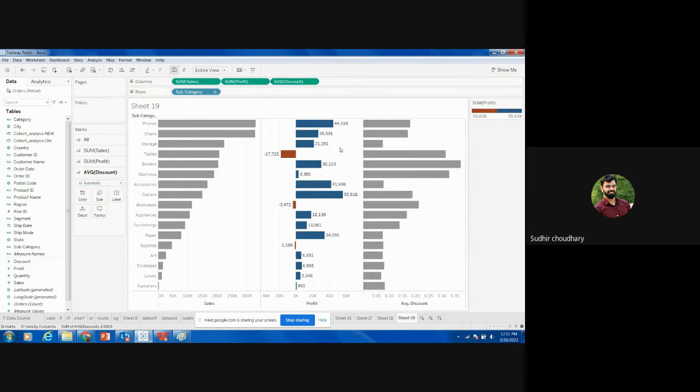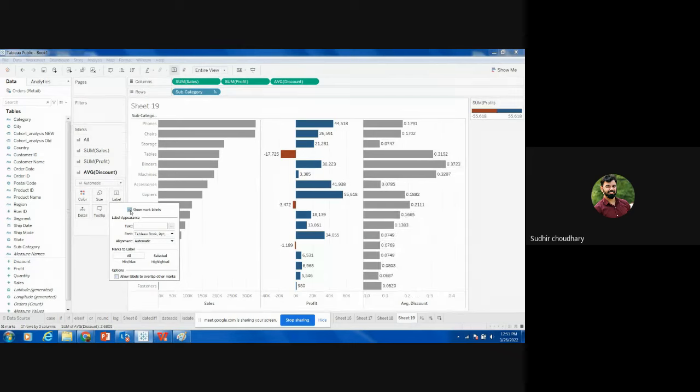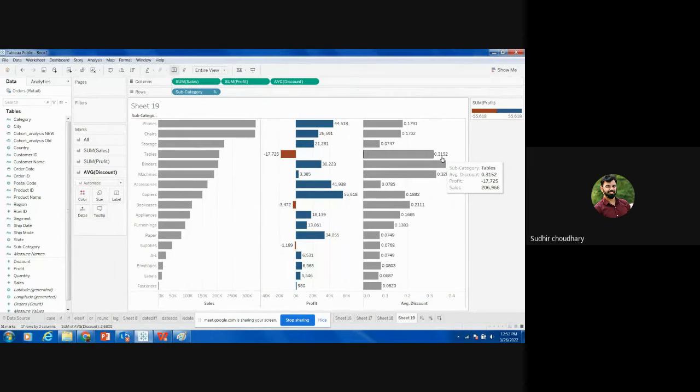Now see this, right? Make the label. Now see this, I am giving the discount of 31%, right? So if I just reduce the discount value, it might result in profit. Am I right or wrong? Yes, correct, sir. Correct. See, this is how we need to think. We have to use every possible scenario in one way or the other way.